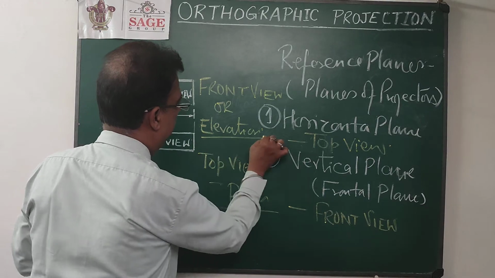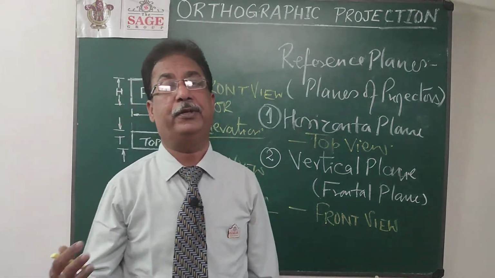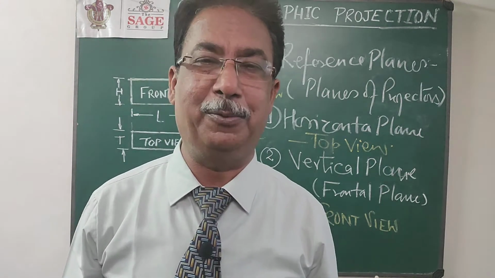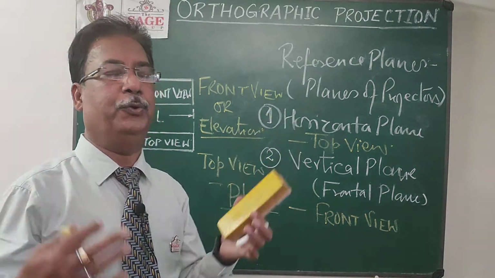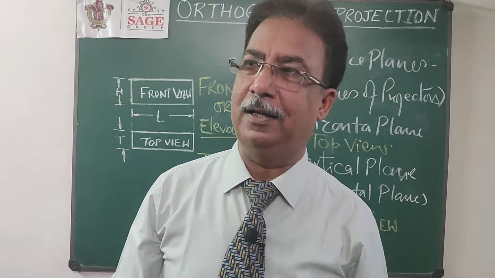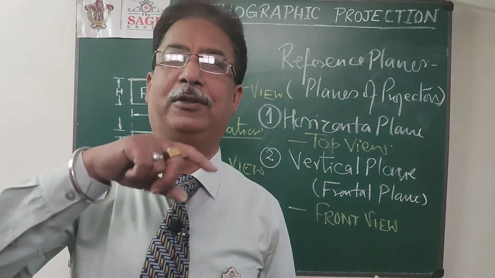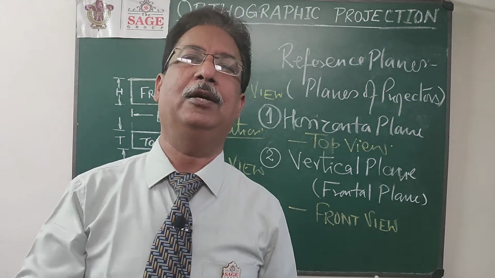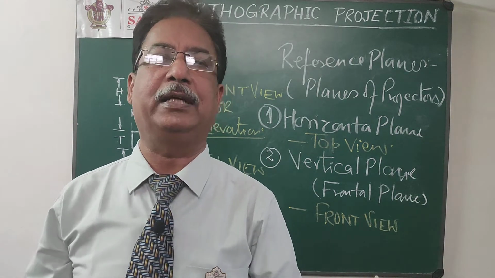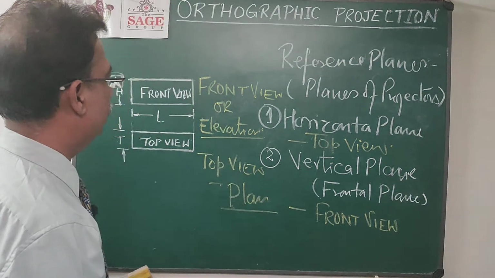These terms, I know that everyone knows about these types of terms. People will say that the elevation of the Taj Mahal is very beautiful. So elevation means the front view, and the same with the plan. Normally, if you look at any building's plan, that will actually be the top view, in which we get all the complete information about a house, where the drawing room is, where the kitchen is, where the living room is, etcetera. So that is the plan view.